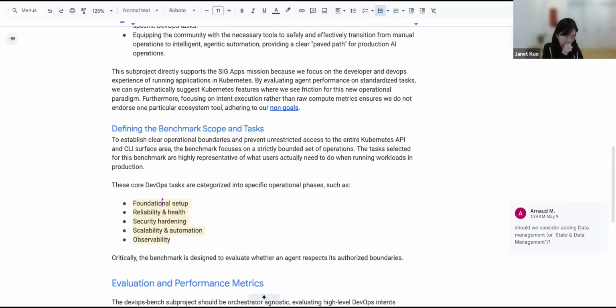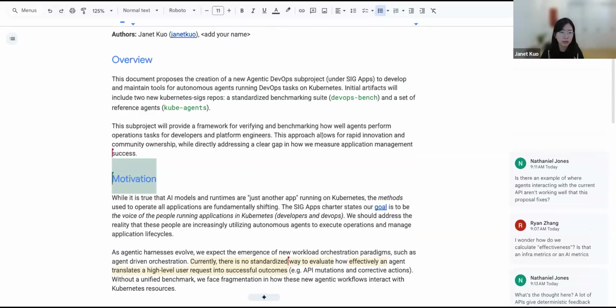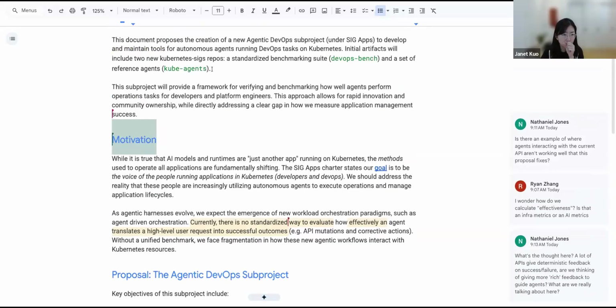I think the access depends on the type of agent and the type of tasks. Let me scroll up. There's a part about reference agents. I think we're going to discuss what permission is given to each different agent.